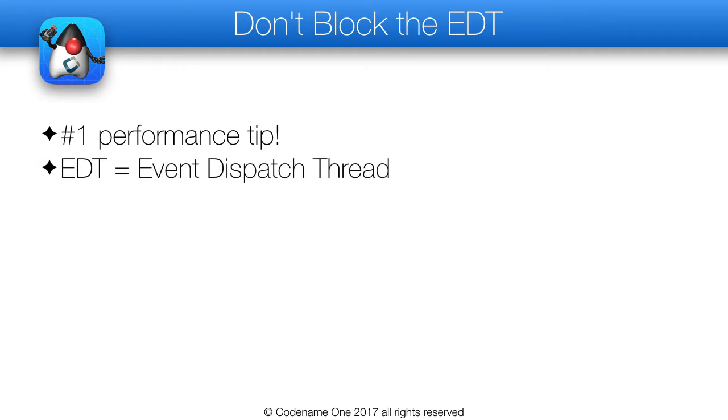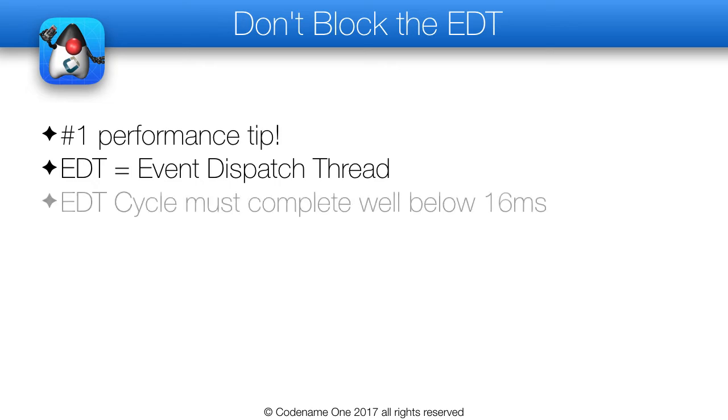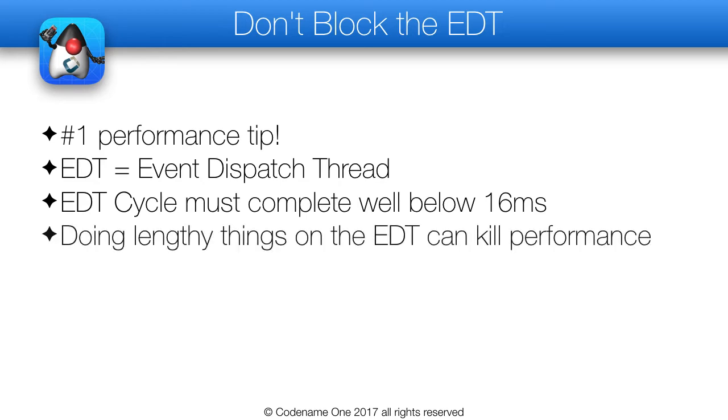The event dispatch thread is the thread that is invoked for every listener, event, or paint operation. It does everything in Codename 1. The EDT runs a cycle that's supposed to finish well below the 16 millisecond mark. That's important because the EDT is only one part, and after it is done, the native thread needs to perform some work as well. If you perform lengthy operations on the EDT, such as parsing, you might see a performance